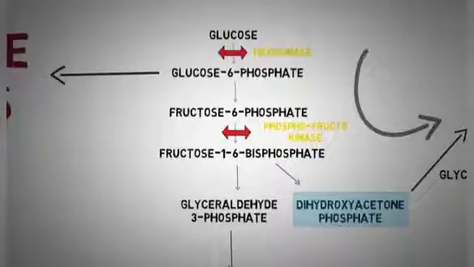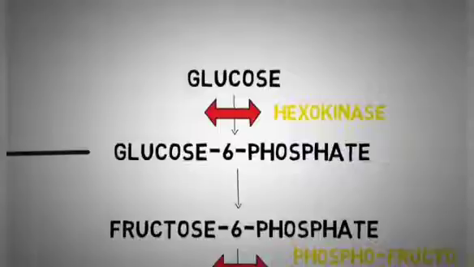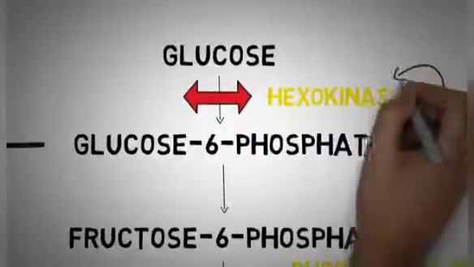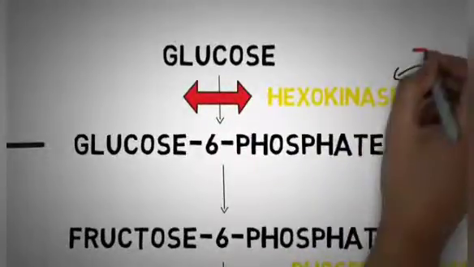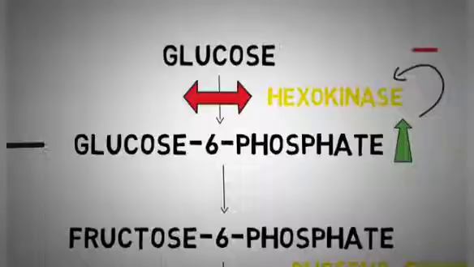Now if you go into the details, this pathway is regulated at 3 main points by controlling the activity of 3 enzymes that act on these 3 points. At the first point we have the hexokinase, and regulation at this step is simple. If the concentration of glucose 6-phosphate rises in the cell, the enzyme hexokinase is shut off, thus serving as an overall check on this pathway.